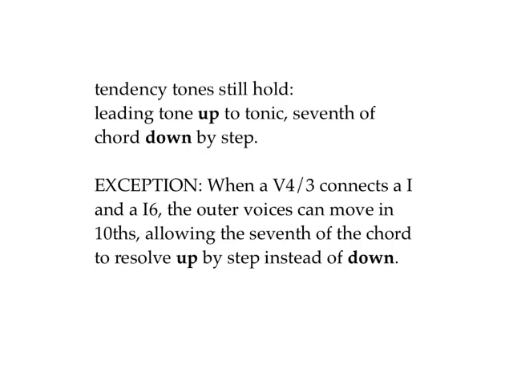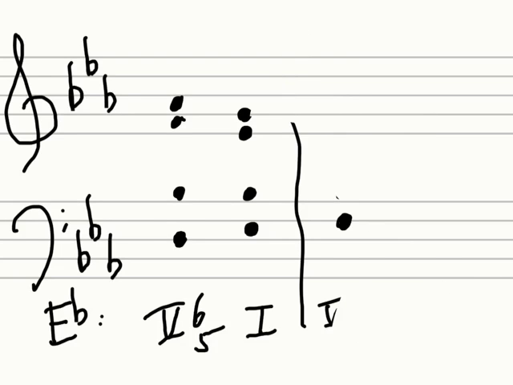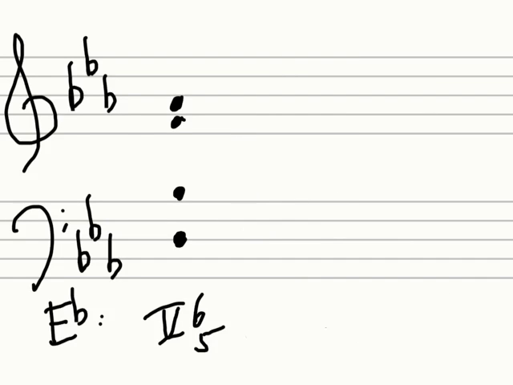I'll show you one exception, and that's when a 5-4-3 connects a 1 and a 1-6 and the outer voices are moving in tenths. I will show you how the seventh of the chord, instead of going down, will go up by step. So let's go. And here I'll erase what we've had before. And this time,